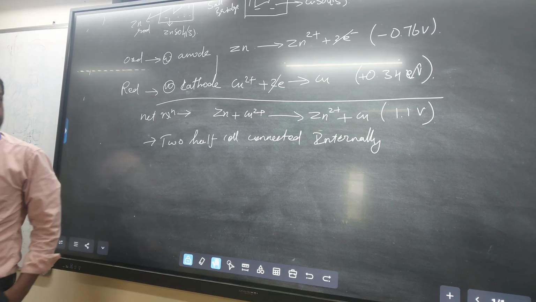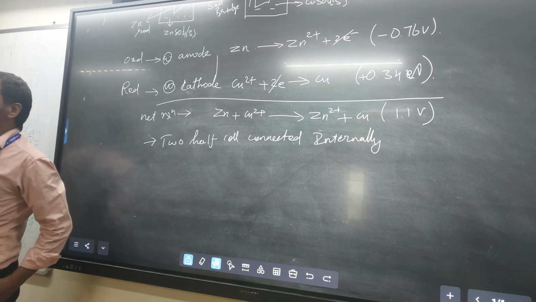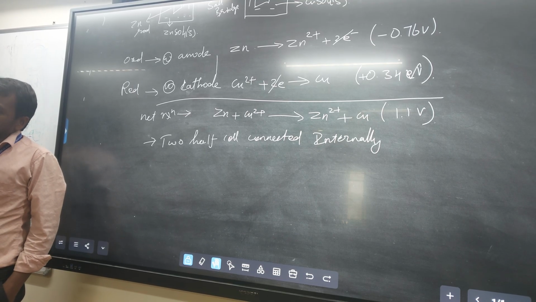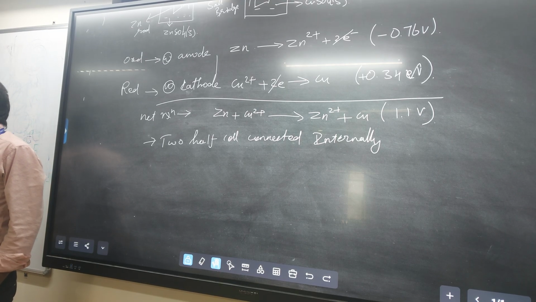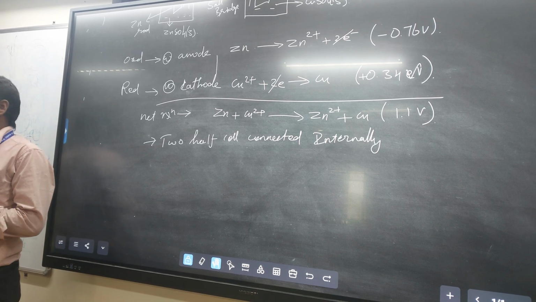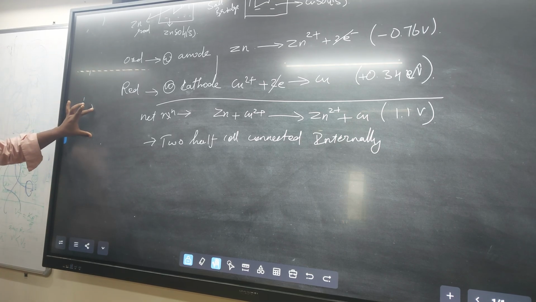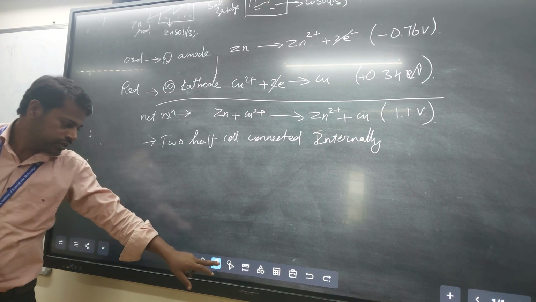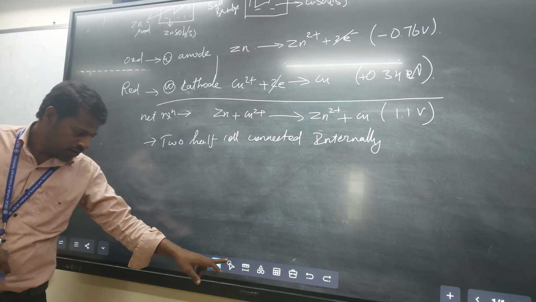the salt bridge? It maintains the concentration of both the anodic side and the cathodic side. Otherwise, it maintains the ionic equilibrium on both sides. That is the main ionic equilibrium. Because when the reduction happens,